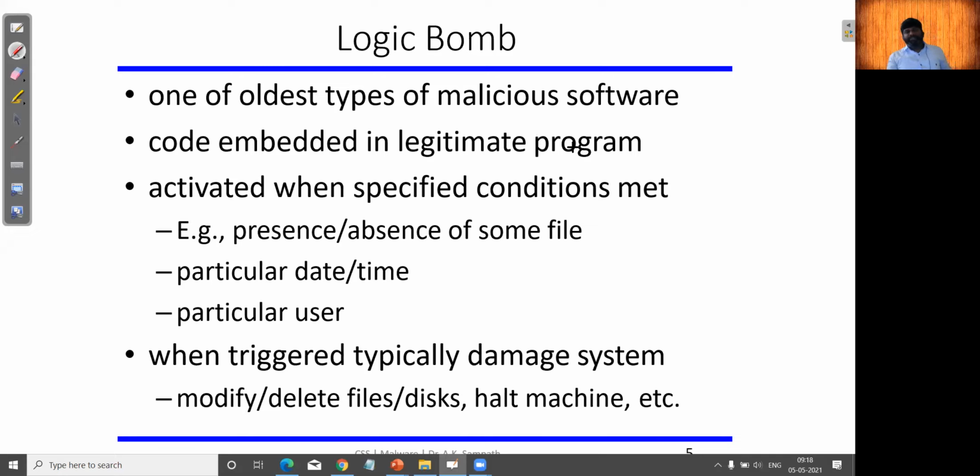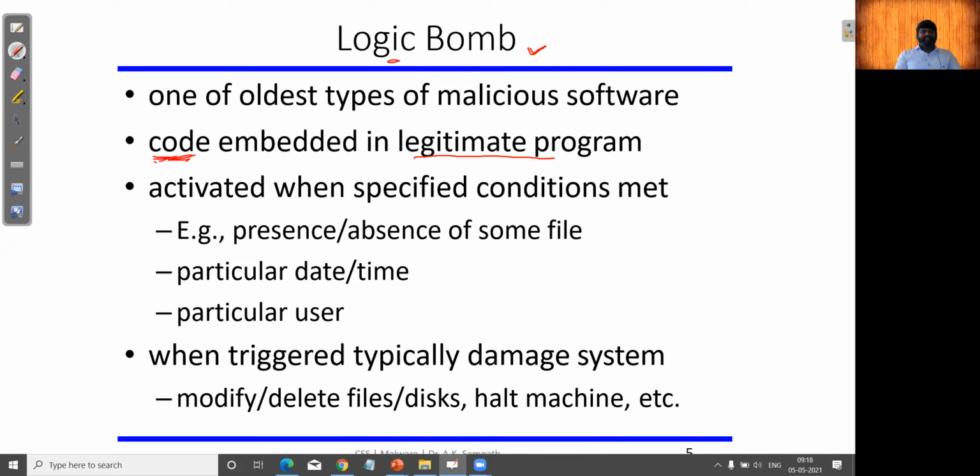The second type of malware, which needs a host to run it, is the logic bomb. This is one of the oldest types of malicious software. Here, the malware is a piece of code intended to destruct the computer or files, embedded in a legitimate program.